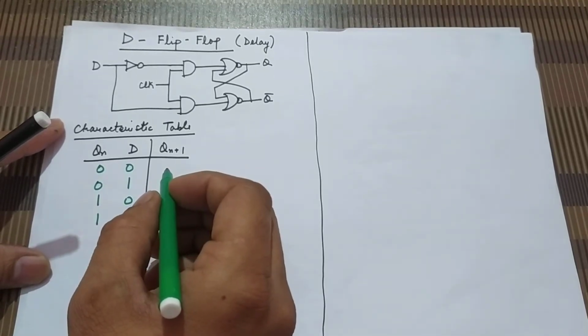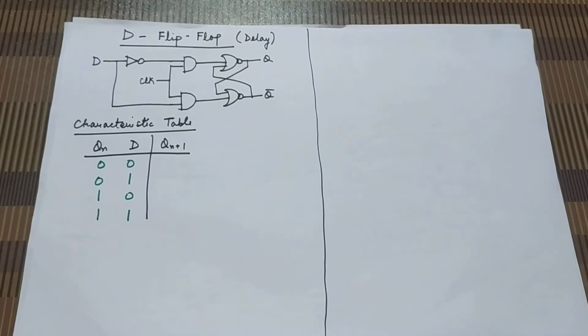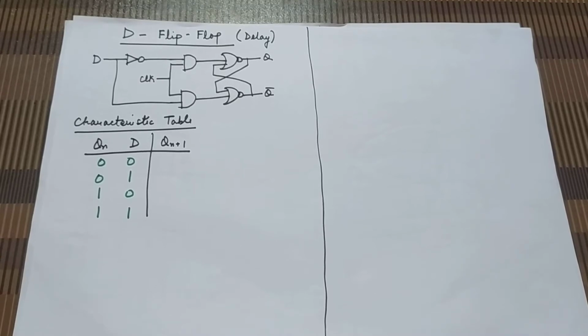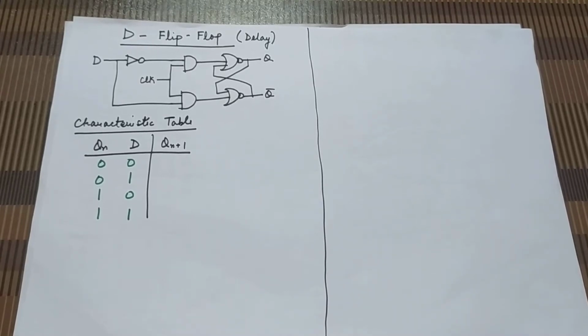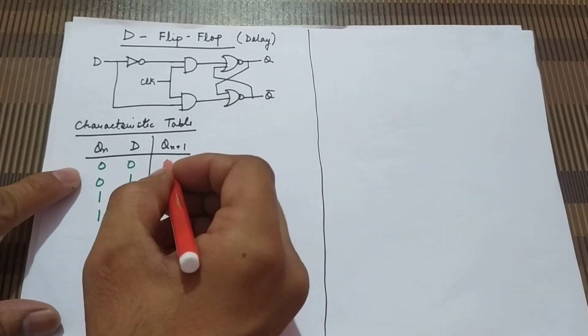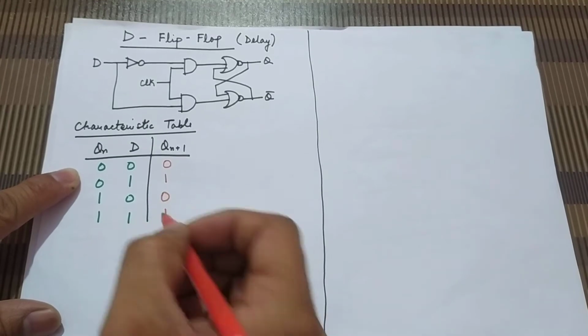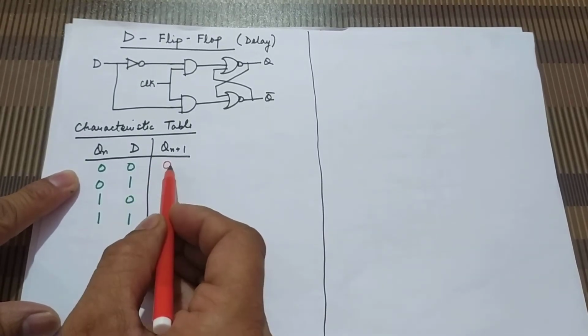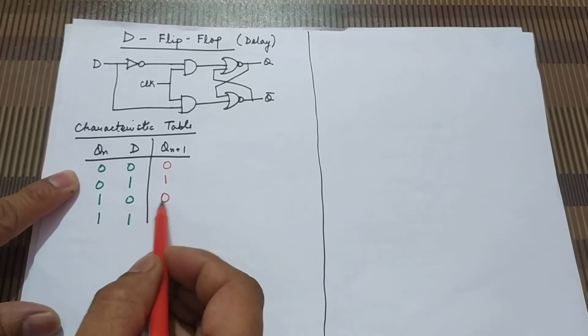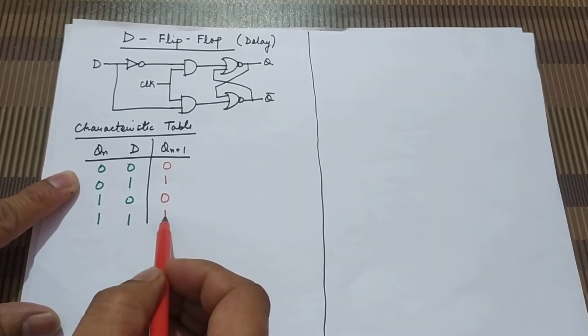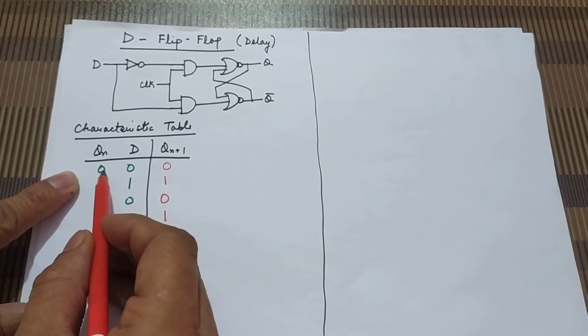So for D flip flop we are having a feature, or you can say an advantage, or you can say a characteristic, that whatever we used to give the input, the same will get the output. It means the input is equal to the output. So if D is 0, then the next state will also be 0, and if D is 1, the next state will also be 1. So D is 0, next state 0, D is 1, next state 1, D is 0, next state 0, D is 1, next state 1. Doesn't matter, we are having the present state as 0 or 1.